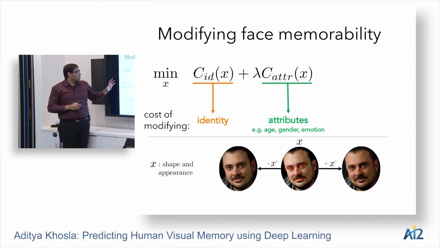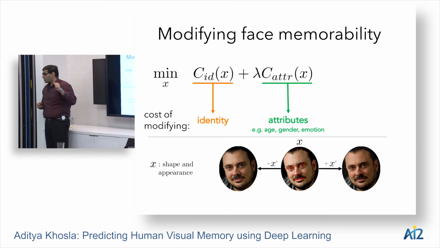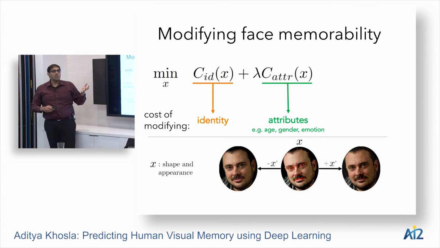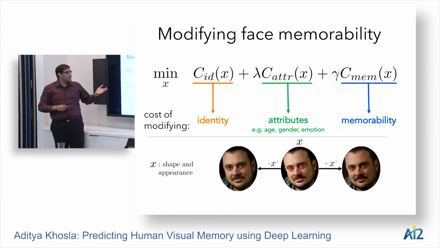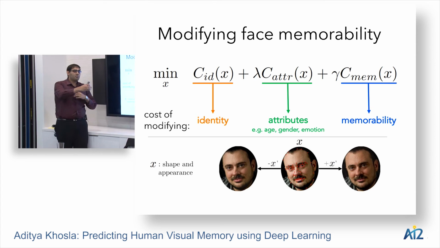And so now we see that both of these terms actually cause the face to remain exactly the same, because if we change the face, we're going to pay a price on both of these terms. So we need to have a contrasting term, which is the term for memorability, right? And this says, hey, you pay a price if you don't make the face 10% more memorable